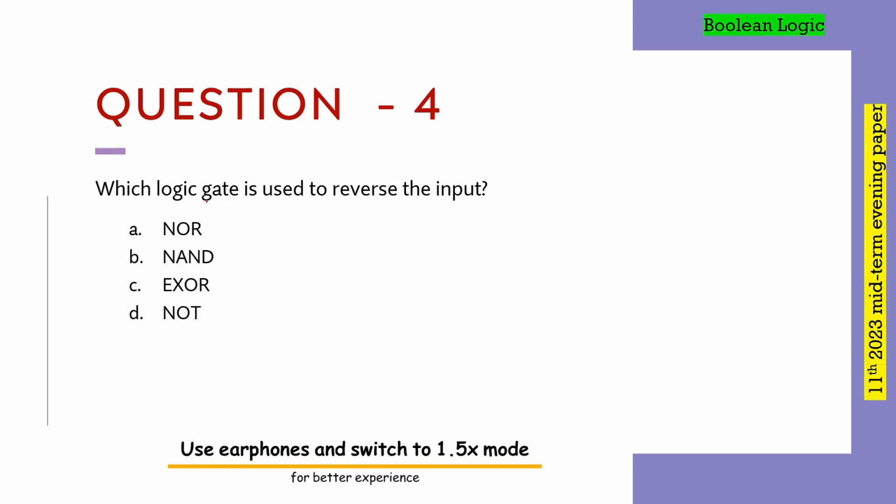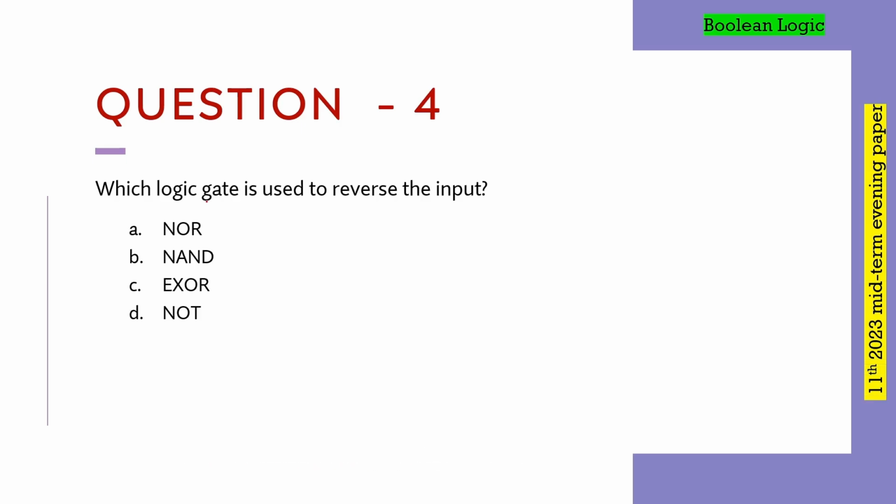So this is question number 4 from the 2023 midterm examination paper, and this question comes under the topic Boolean logic. In this particular question it has been asked which logic gate is used to reverse the input. यानी कि अगर आपके इनपुट आपका 0 है तो क्या कर दे 1 कर दे, और 1 है तो क्या कर दे उसको 0 कर दे। तो इसके लिए हमारे पास कौन सा गेट है, नॉट गेट।